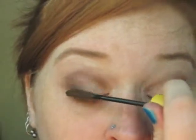Now usually I would smudge out my liner, but this stuff doesn't smudge very well, so I'm just going to leave it as it is. You can see what it looks like. I'm going to take some more of the Mineral Wild, and I'm going to use the Sonia Kashuk angled brush, and I'm just going to place it right on top of my eyelashes to darken them up at the roots a little bit. I'm going to curl my lashes and use Lash Blast Length mascara in brown, so let me do that. And now I'm going to go ahead and do my